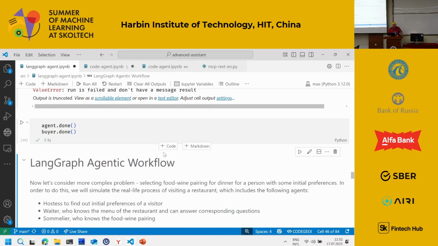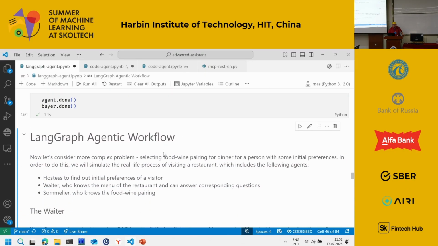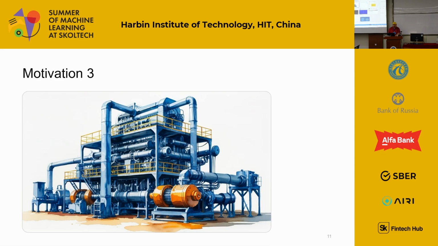Anyway, that was an example of two assistants talking to each other, and that is not very interesting because, well, it is quite useful for testing, but in practice, a multi-agent system is much more than that. A multi-agent system is when we want different agents to work together on solving a certain difficult problem.